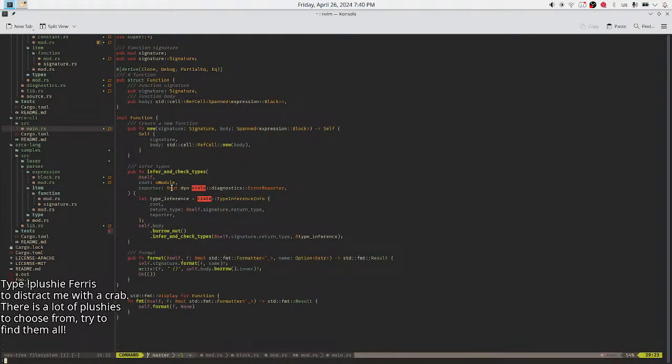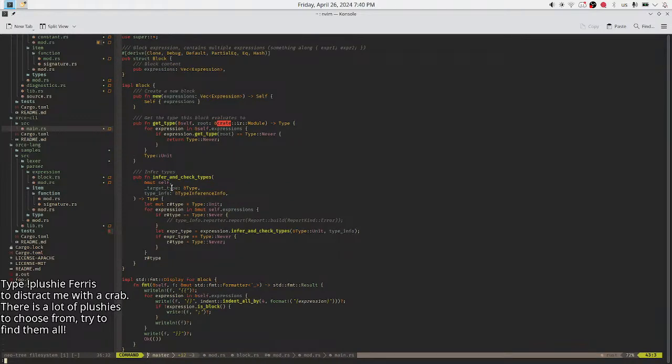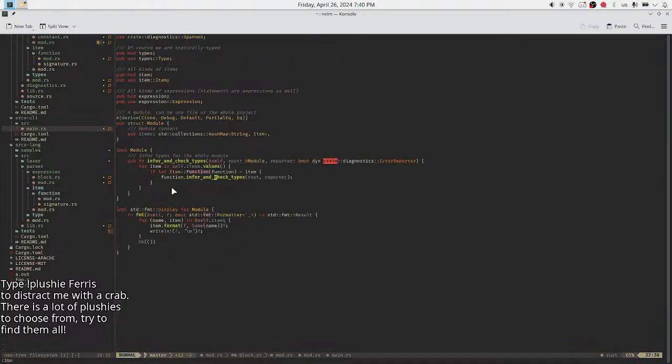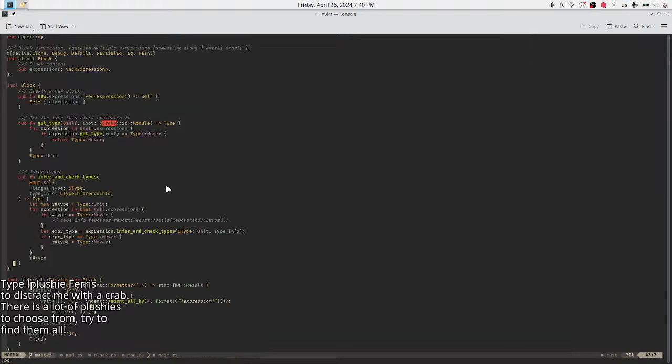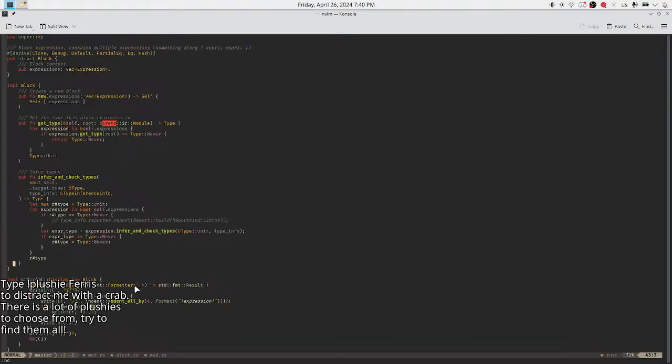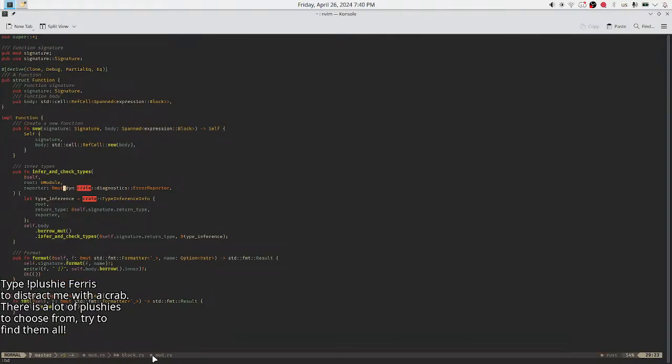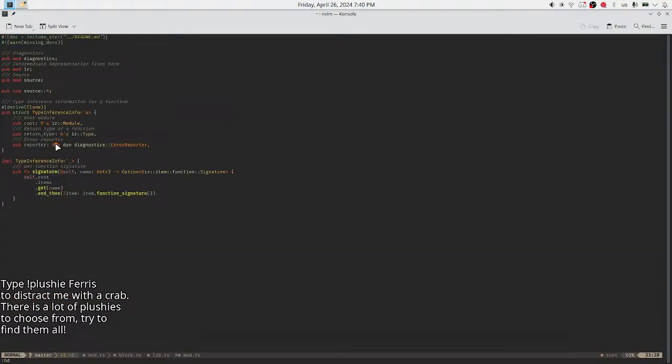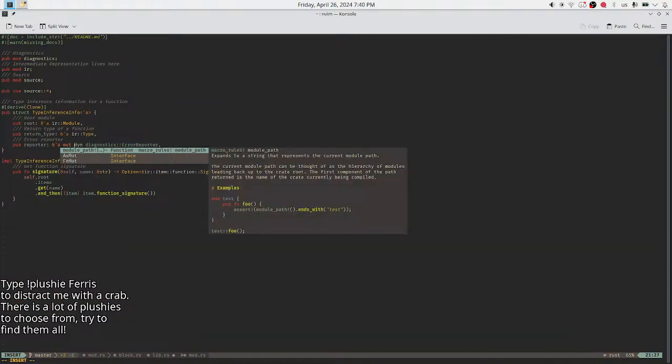Actually, twice. Main. Yep. Here type inference info. This should be mutable.